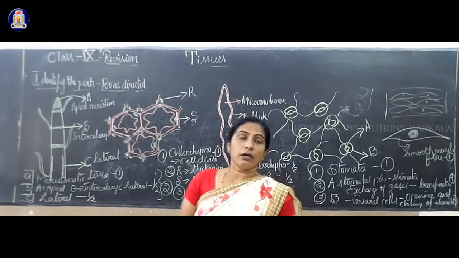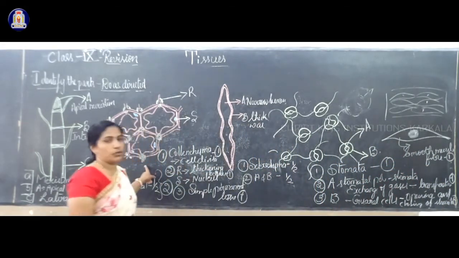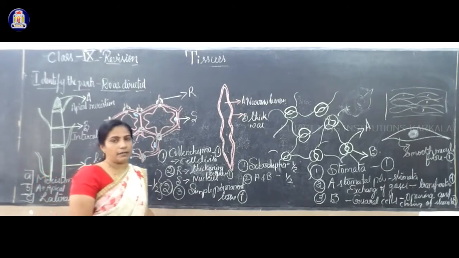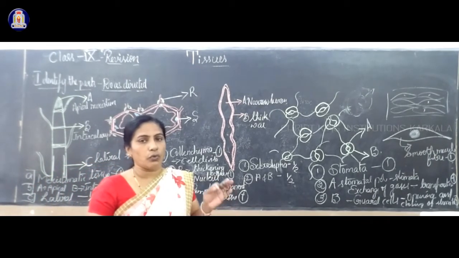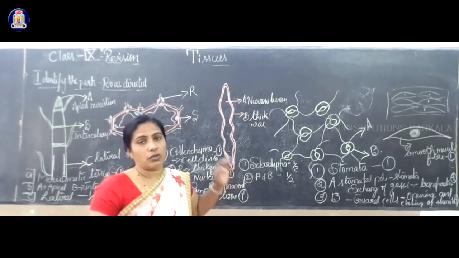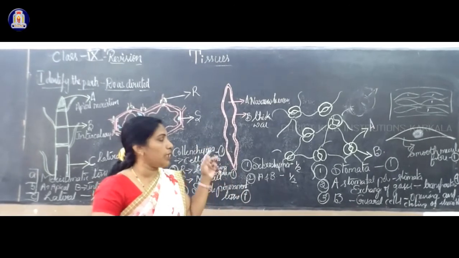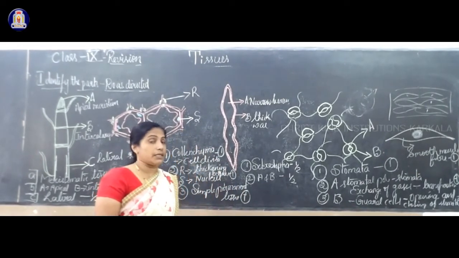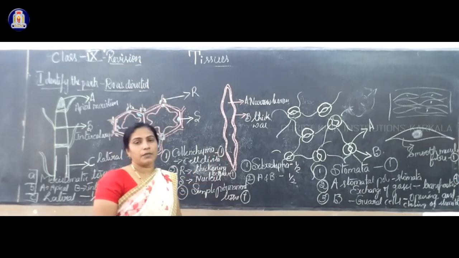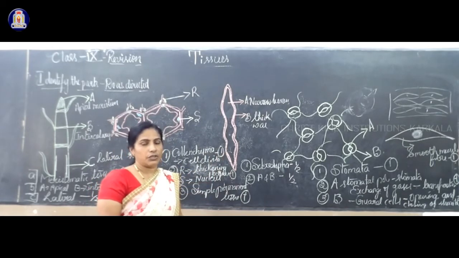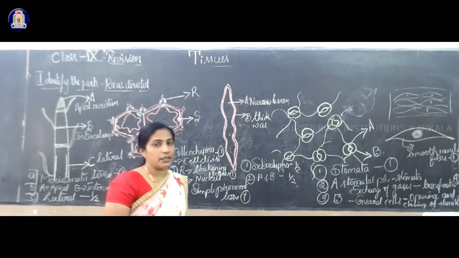So this is your question paper pattern. Identify the diagram: you have to go through and study all the diagrams, not to draw. To draw only, here it is 3 types of muscles, but the rest of the diagrams are there for identification. So this is related to your identification or do-as-directed question.